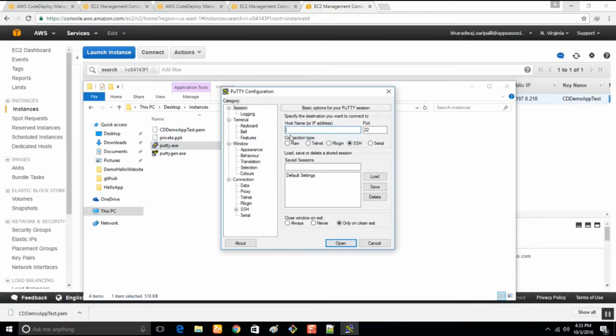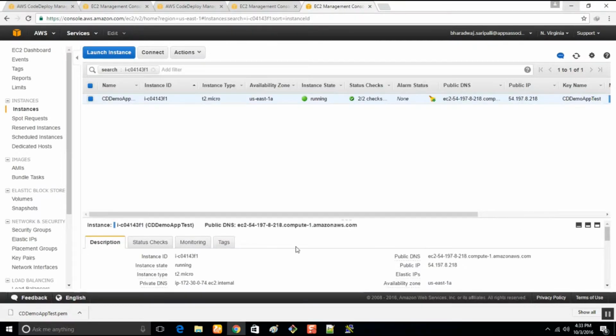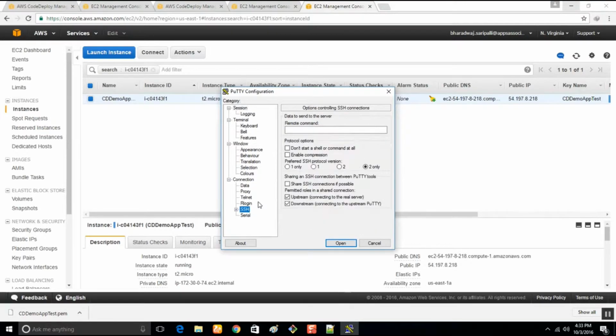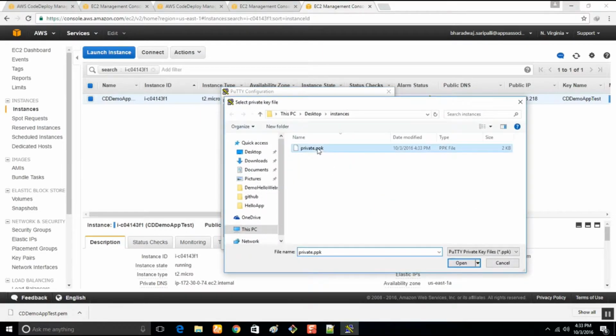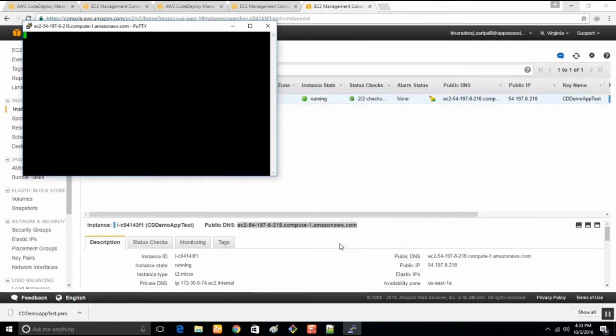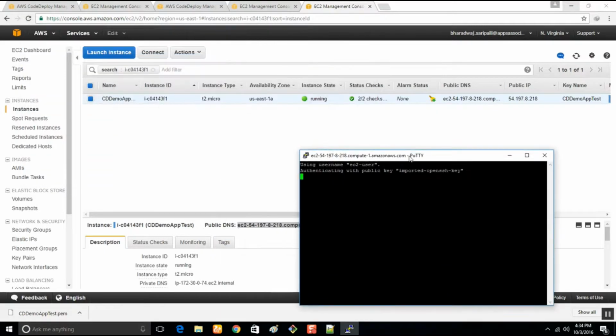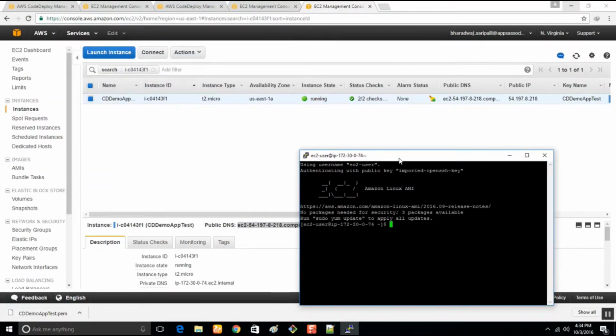Use PuTTY for SSH: ec2-user at the instance name. Go to SSH, Auth, browse to the ppk file, open it, accept the agreement. Okay, now we are in.